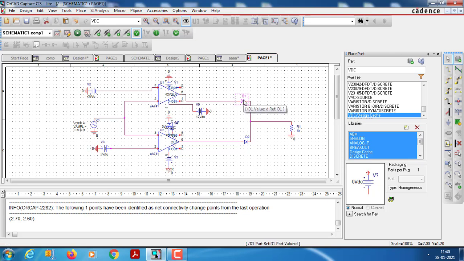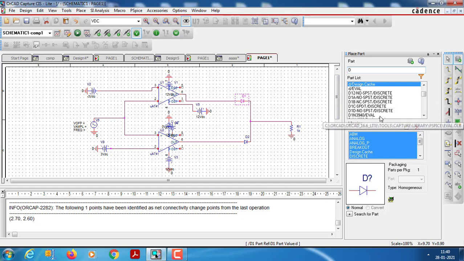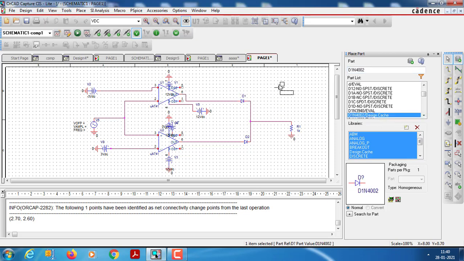Now one more thing is we change the diode here. So instead of this we use another diode. We use the diode of the design cache. So we'll choose this one. DN4002. So we go for these two diodes.